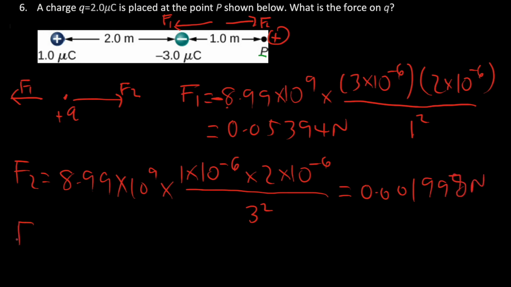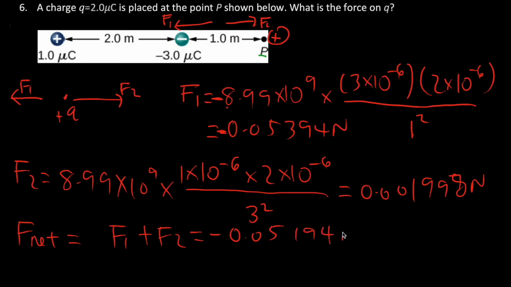And now we can calculate the net force. So net force is going to be equal to negative F1 plus F2. Oh, I forgot the negative sign here. Well, actually let me write F1 since F1 has a negative value here. So this is going to be equal to negative